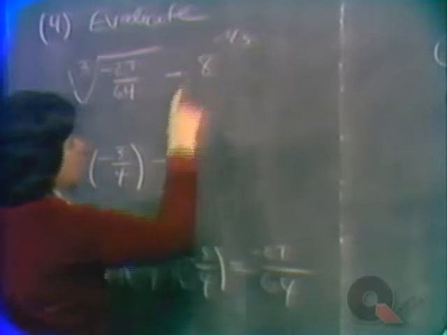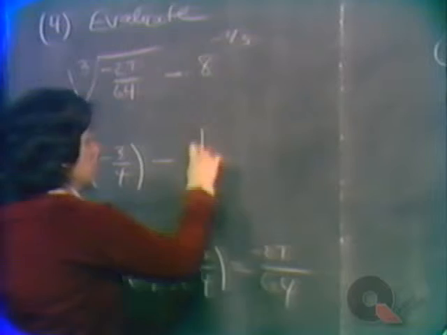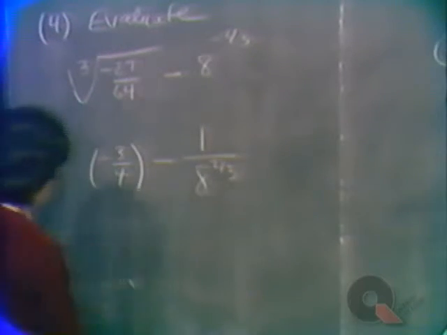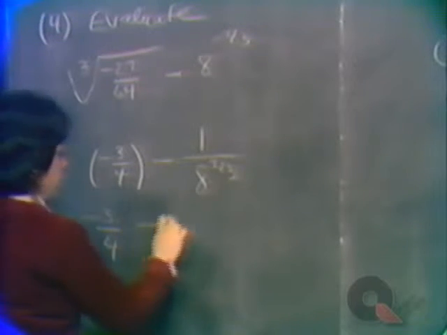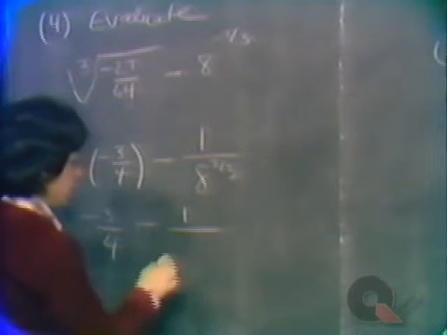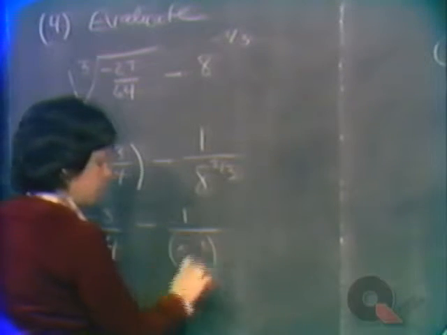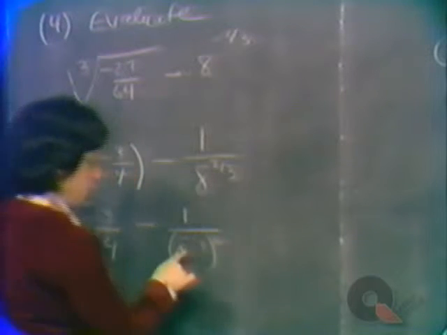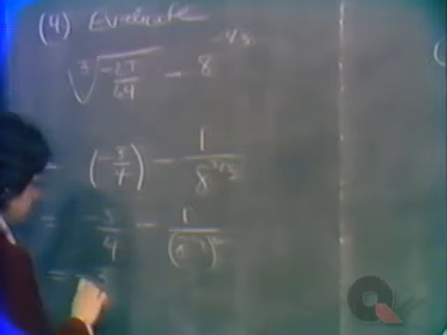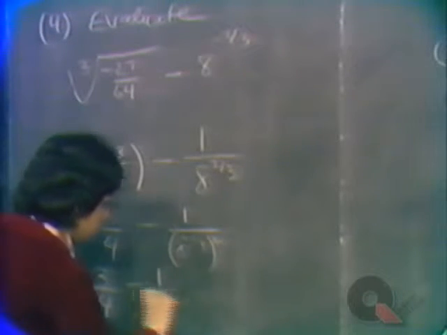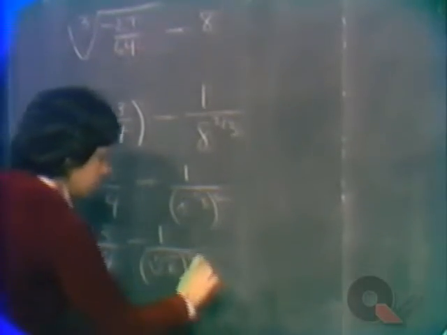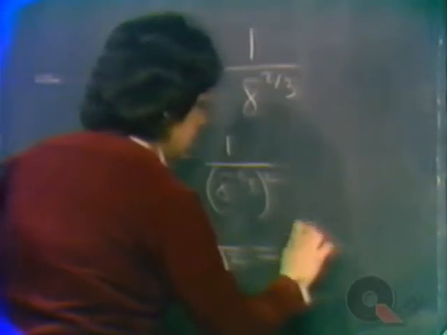Take away now 8 to the minus 2/3, all right, is 1 over 8 to the 2/3. 3/4 take away now 8 to the 2/3 can be thought of as 8 to the 1/3 squared. 8 to the 1/3 squared would be 8 to the 2/3. So we have minus 3/4 minus 1 over, now this is really the cube root of 8 squared. So we have minus 3/4